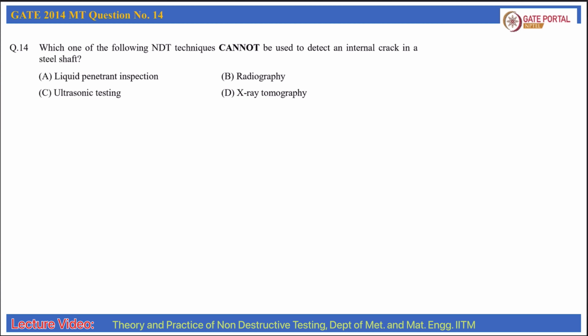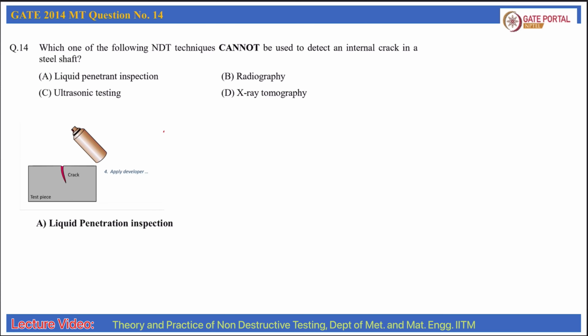First we will see all the different inspection techniques one by one. Let's first see what liquid penetrant inspection is. In liquid penetrant inspection, the process first involves pre-cleaning the surface of the sample, followed by applying the penetrant on the surface, and then it is soaked for a certain period of time. If there is any surface crack present, the penetrant will be absorbed into the crack because of capillary actions,